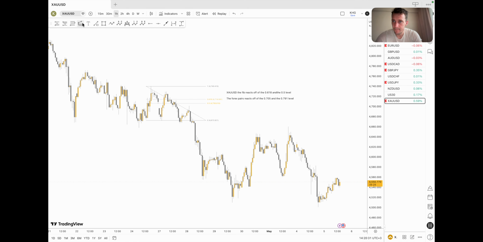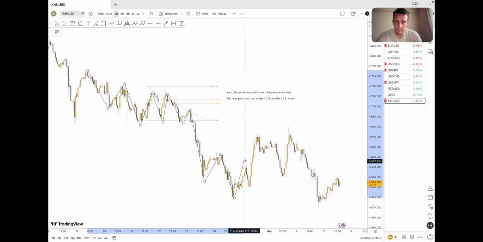So when the market is making lower lows and lower highs, it sometimes, like 20 to 30% of the time, retraces back to the 0.705 and the 0.79 level, but it never